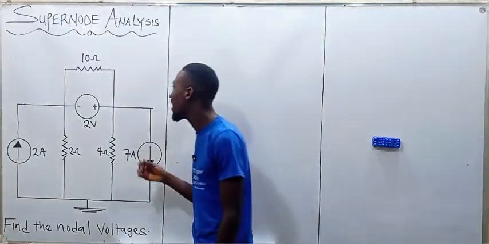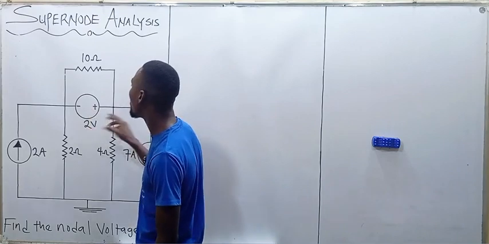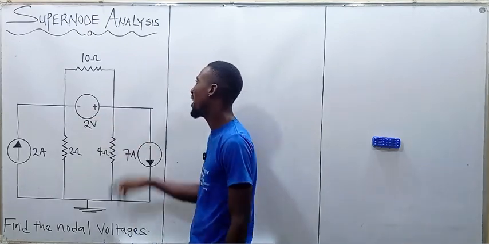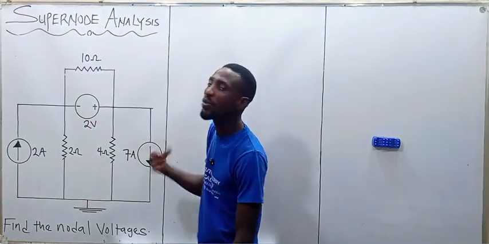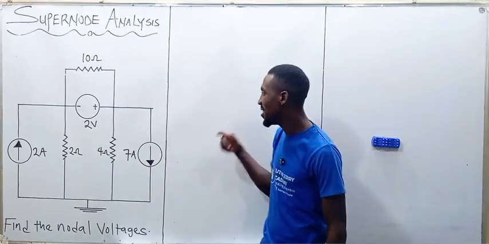Anytime we have a voltage source connected to two non-reference nodes and a resistor connected in parallel to it, what we do is